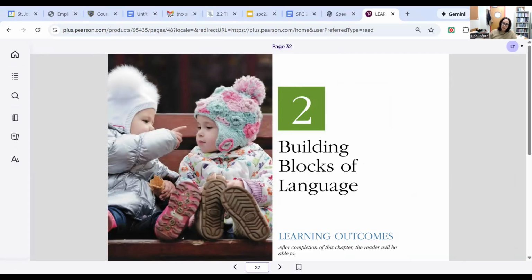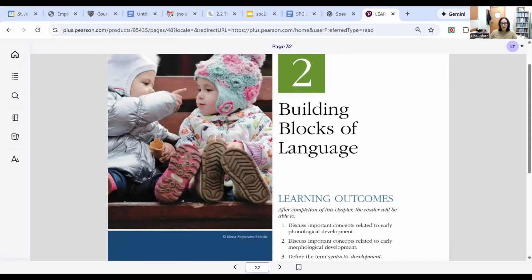Good afternoon. This is Professor Tafuro, and I'm going to share with you some of the important elements of Chapter 2, the building blocks of language. So in this chapter, we go into a little bit more detail,